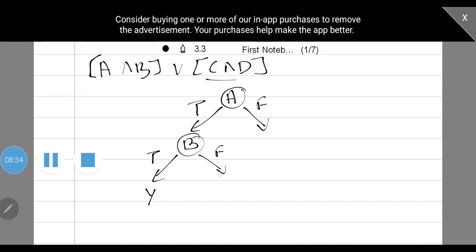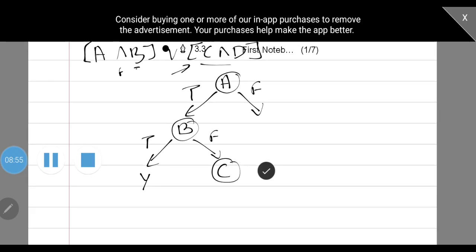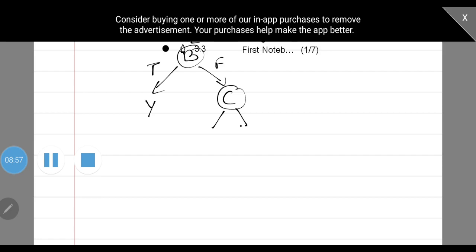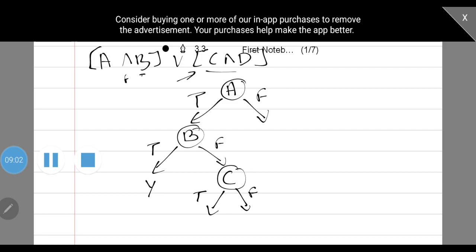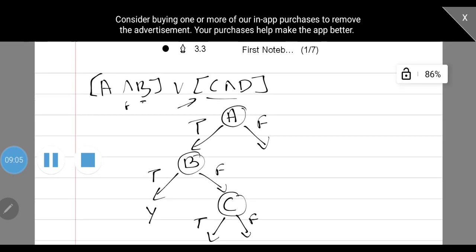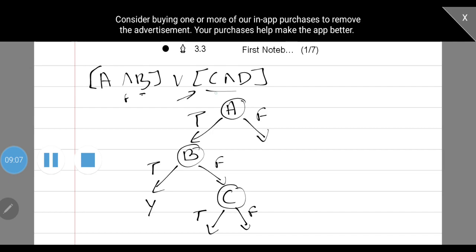A is true, b is false, which is nothing but this second expression is false. So if second expression is false, this entire expression will become false, right? So we need to examine this expression here, which means we also need to include these nodes under this subtree. So that is why we are going to take C as the node here. So C node and respective paths, true and false. So what do we have here? The condition checking is with the AND operator. So if C is true, then only we are going to check for D value as well.